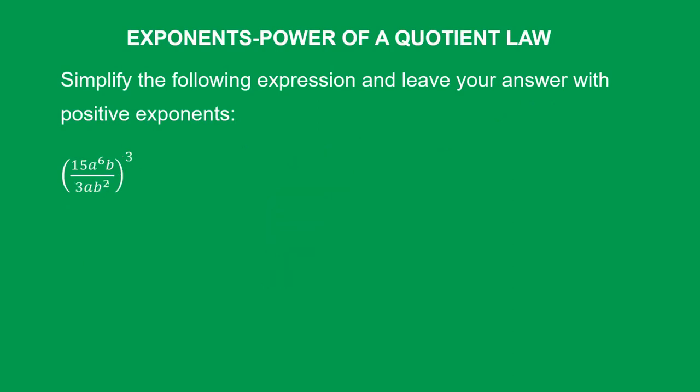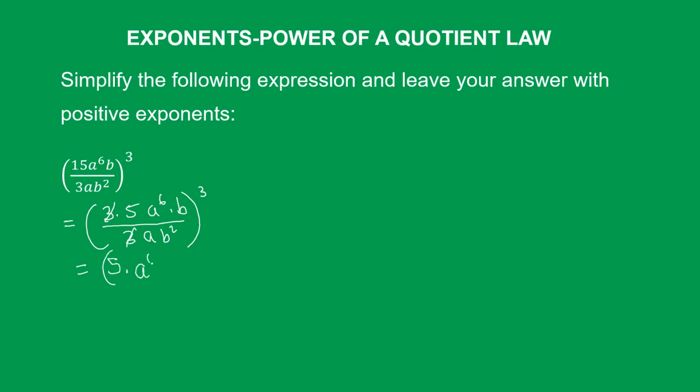Even this one here, let's work with what is inside the bracket. Like I said before, you can just say 15 divided by 3 here, which is 5. But let me write this 15 as a product of its prime factors first. This is 3 times 5, then a to the power 6, b over 3, ab squared, all this to the power 3. 3 divided by 3 is 1, so we remain with 5